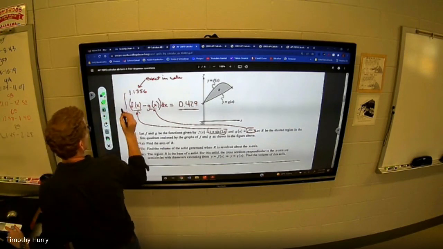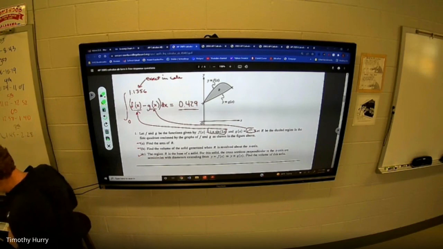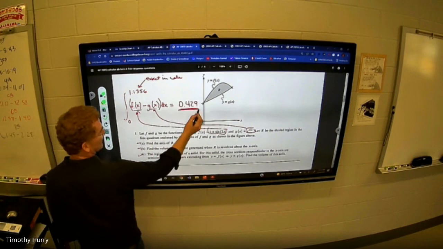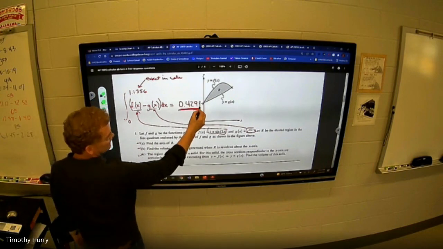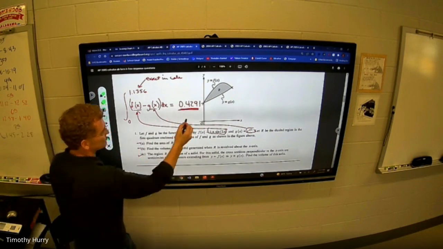Okay. So let's say that area was way off. If I put 1.13, let's see if it's much off. I still get 0.429. Actually, I get 0.4291, which may be a little bit different,